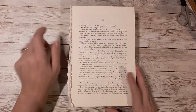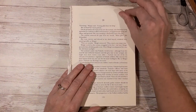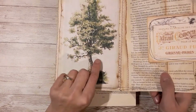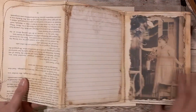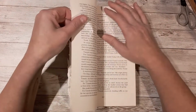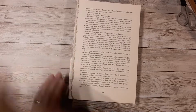As you can see, I've been ripping a lot of pages. Now this one does use quite a few pages, which I am quite happy with. So you've got 1, 2, open it all up. You've got 1, 2, 3, 4 pages on this thing. So I need 8 book pages. It does use up a few, and like I said, I've already done 2 in the signature, and this is the last one. So I'm just going to tear out 8 book pages,